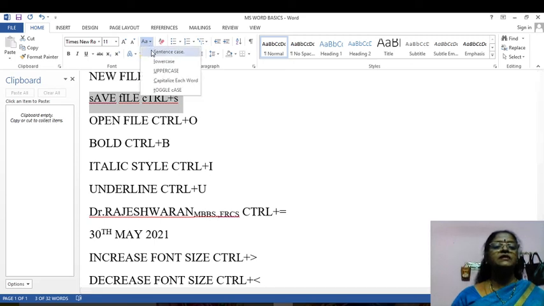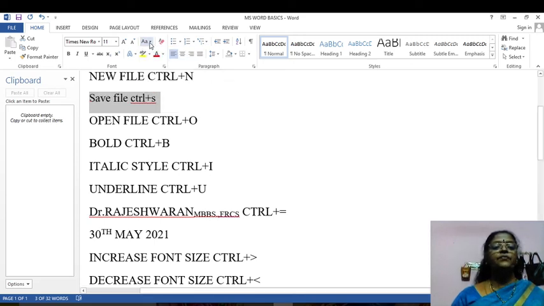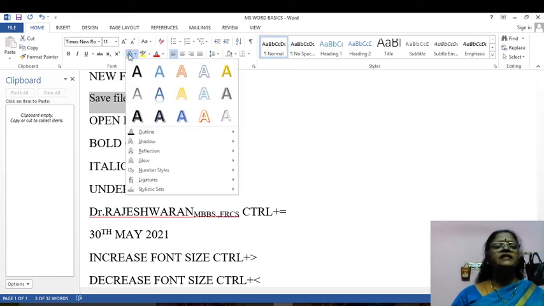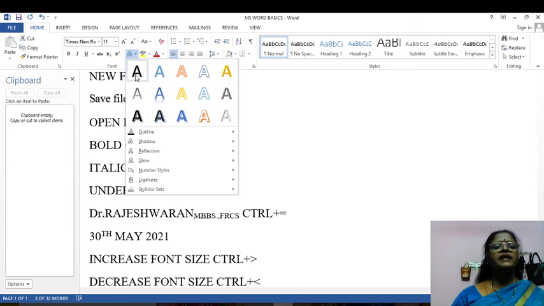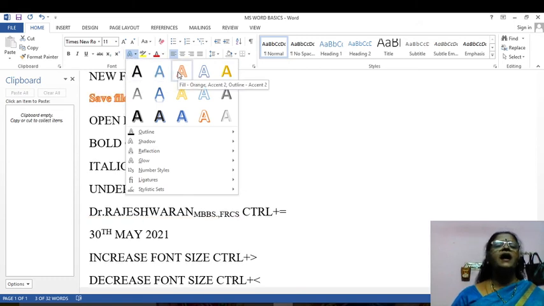Now again I choose the sentence case. See that, saved in normal mode. Okay guys, these are the methods for changing lowercase, uppercase and everything. Here there are a lot of designs available. You can click any design, and that same color or design will be applied.